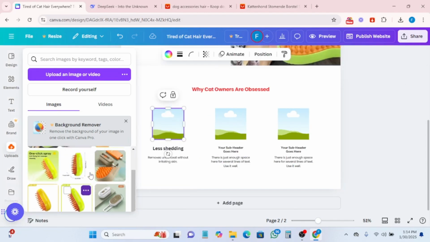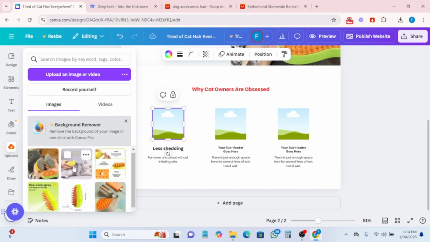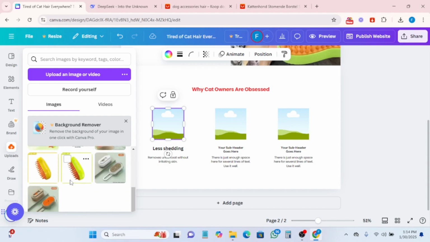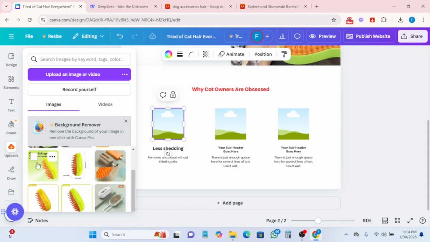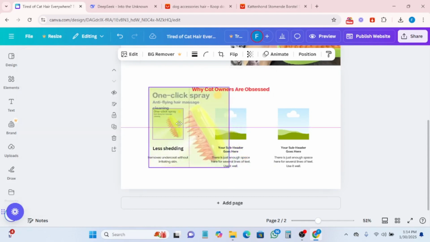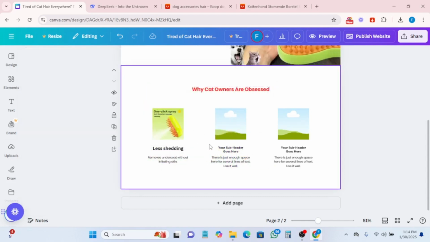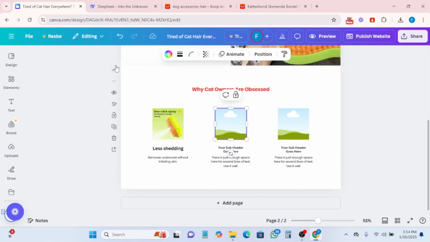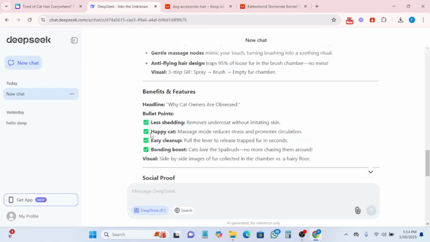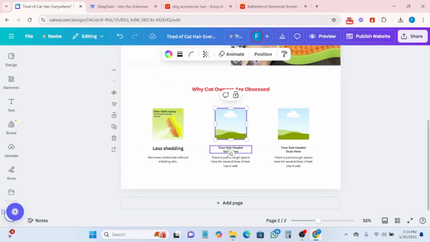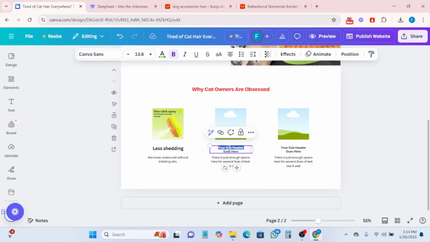So I want to add the features and the benefits. Let me upload this and put it here. This is the number one benefit. Then number two benefit, we're going to see the number two benefit, happy easy cleanup. Let me copy this one. So I'll just do 3, go back to this. I want to paste it here,